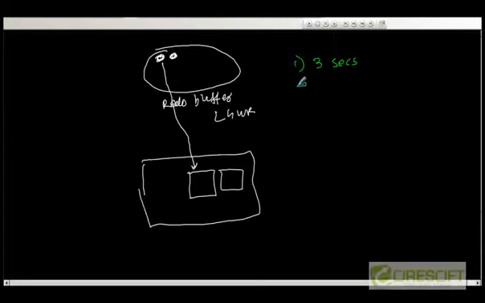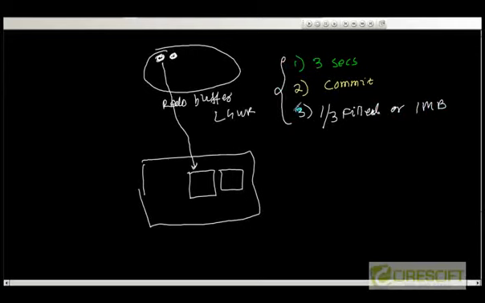Number two is whenever somebody does a commit. When a commit happens, log writer is going to write everything from the redo buffer to the online redo log. And the final thing, number three, is when the redo buffer is 1/3 filled or 1 MB filled, whichever is faster. So under these three circumstances, log writer is going to write from the redo buffer to the online redo